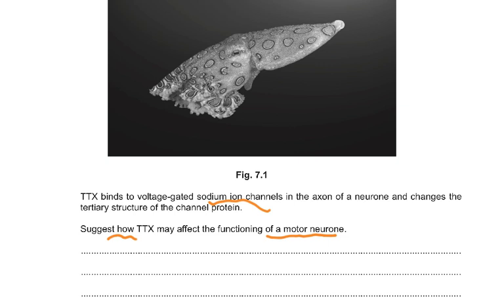You see, there are two ways that you could handle this question. Either you say sodium channels don't open, or you say they stay open. So let's talk about the first one now. Let's not talk about the second one yet, because this is going to confuse you. So let's talk about sodium channels do not open. If the sodium channels do not open, then the axon membrane cannot be depolarized. So no action potential is generated. So calcium does not enter the presynaptic knob. So this is going to result in paralysis. How will the muscle work? Muscles will not work. Muscles are paralyzed.